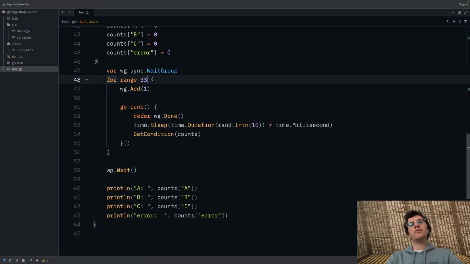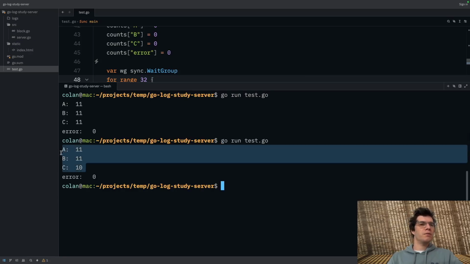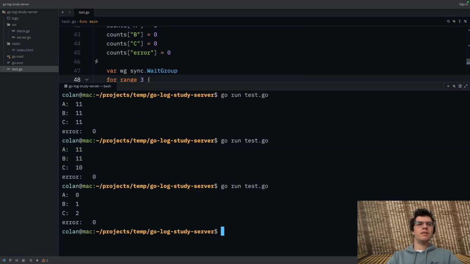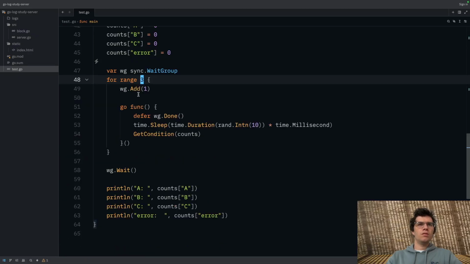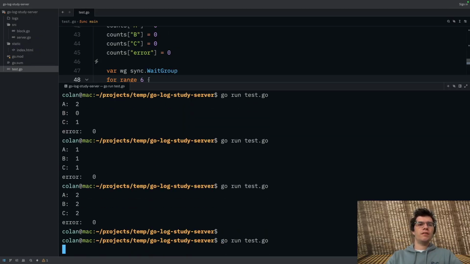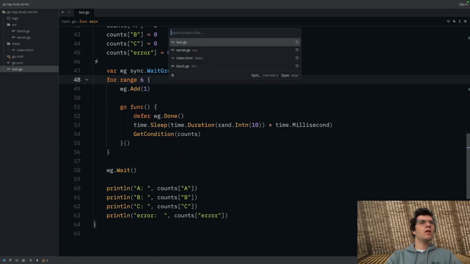But as I was saying before, with that whole being divisible by thing, if we aren't divisible by it, we're not guaranteeing the correct count. So even if we do 3, right, we're guaranteeing that we're going to have, did I do a, that's interesting. If I do 6, everything is totally fine. Everything is not totally fine.